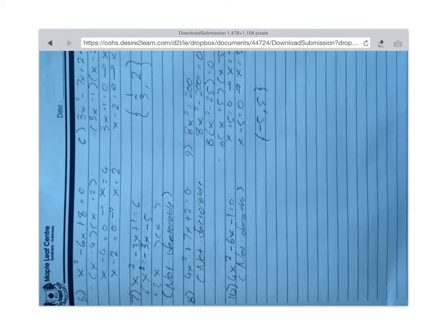Okay, unfortunately this other page is turned sideways and I can't turn it using this program. You've done everything correctly here, but again you haven't included an equals 0 on that line, and these are your roots here. For the last one, number 6, it's cut off a little bit, but please make sure that you've got the equals 0